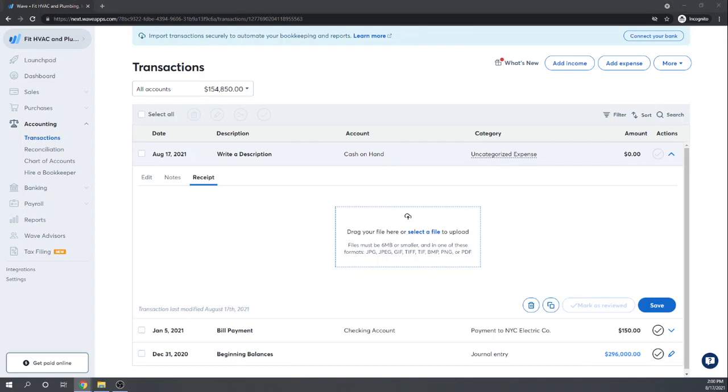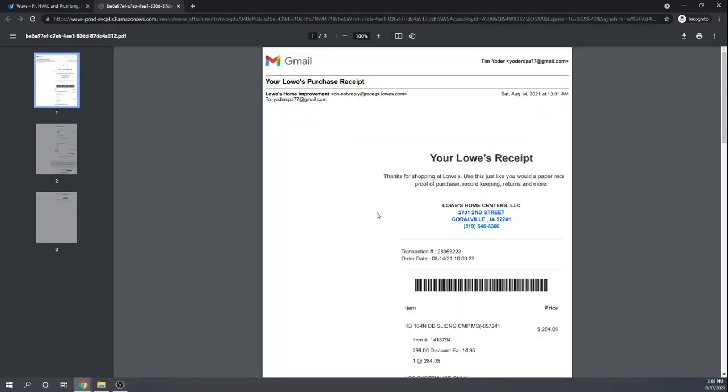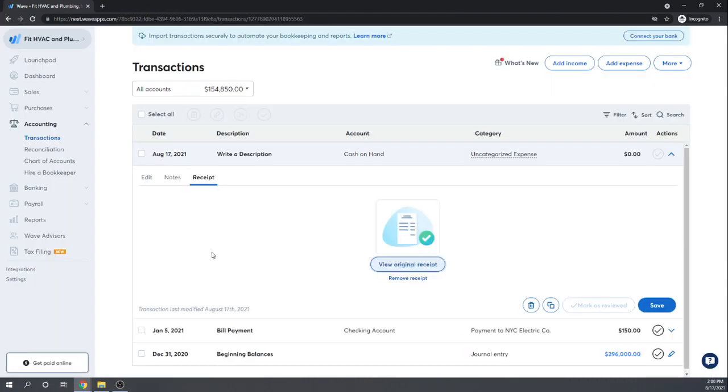So I'm pulling up a PDF of a receipt. Okay, let me download it so I can transfer it in here. Okay, so this is a receipt from Lowe's for a saw. Let's see what happens. Okay, so it put the receipt there. Okay, but that doesn't really do us much good, right? We can see the receipt, but it's not creating a